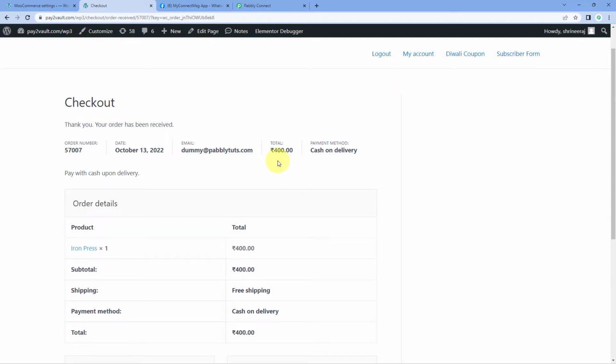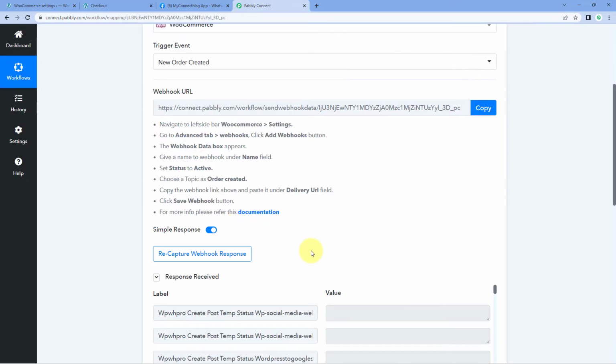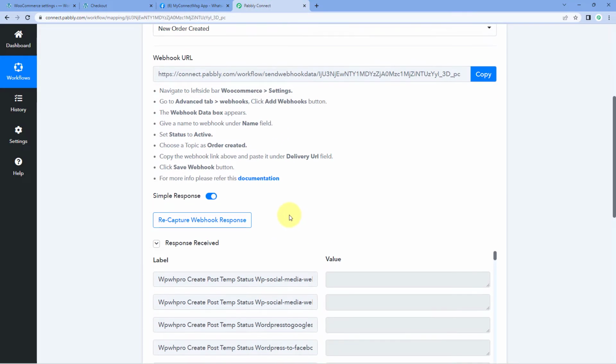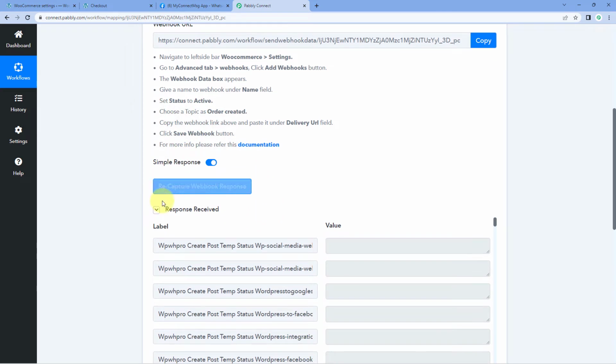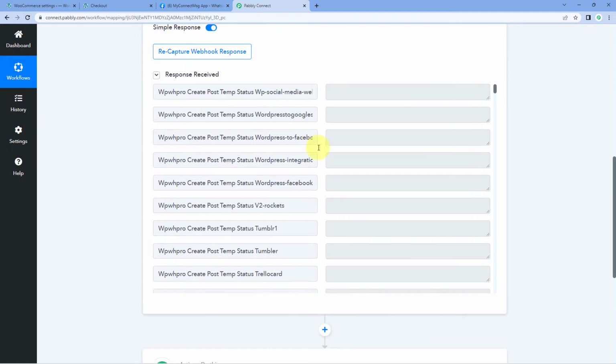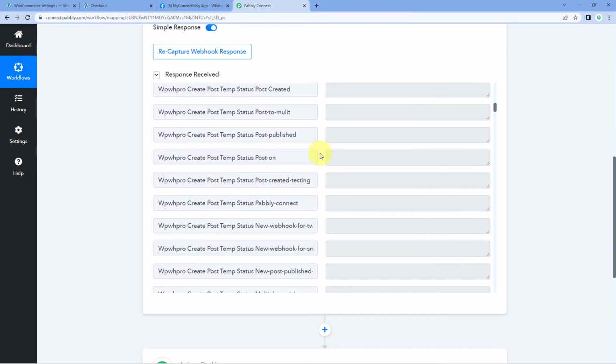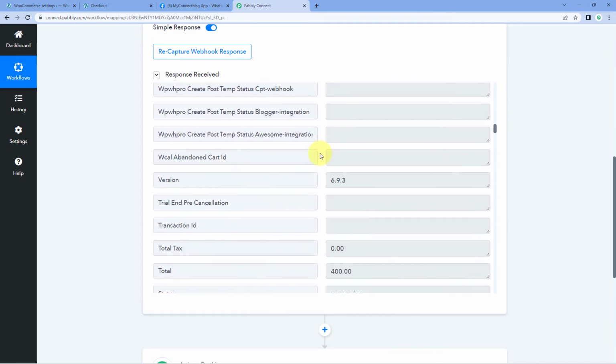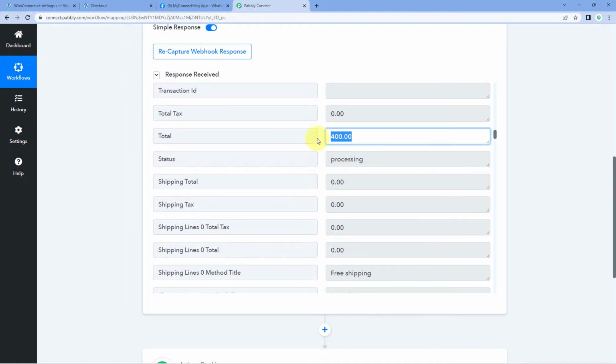And when we place this order, instantly we will see the new order details will be captured inside Pabbly Connect as well. So earlier in Pabbly Connect, it was showing us waiting for webhook response. But now we have received some response. And when we will scroll to this response, we will see the same order details which we have placed just now. So here we will be seeing the same total amount,